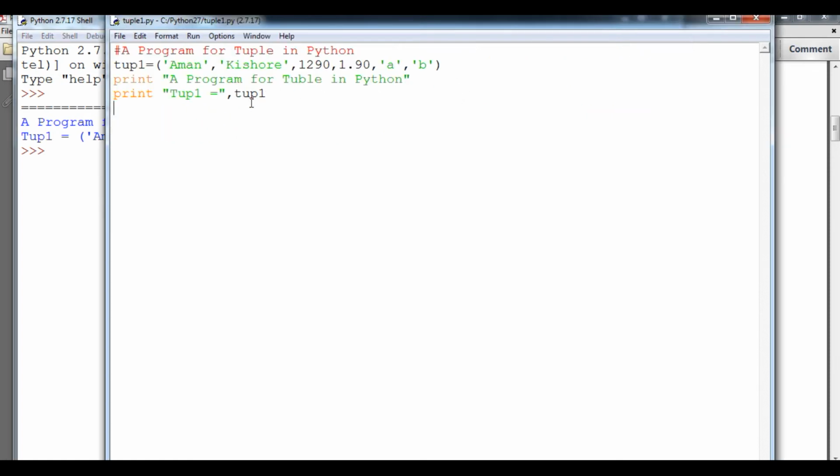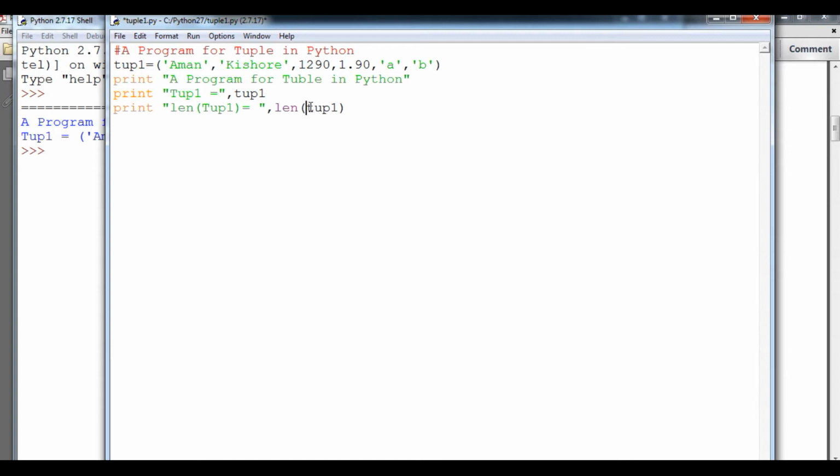Now we are going to count its length also. So here I will print len, and inside it tup1. You can see the difference here: capital T, here small t. I want to show the user a standard format of the output, that's why I have given a capital T in the message.